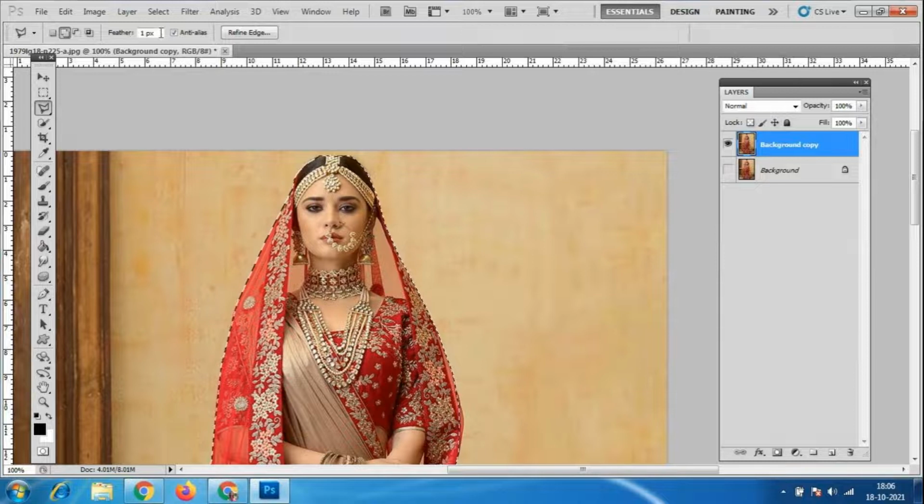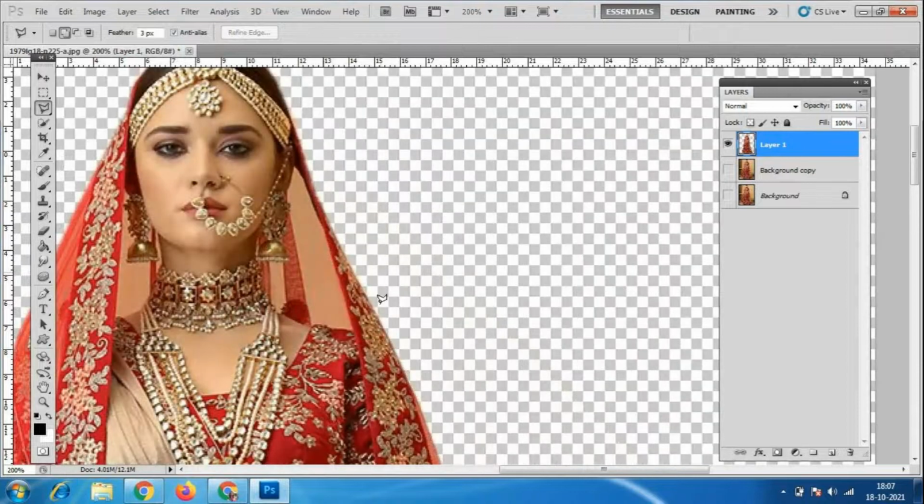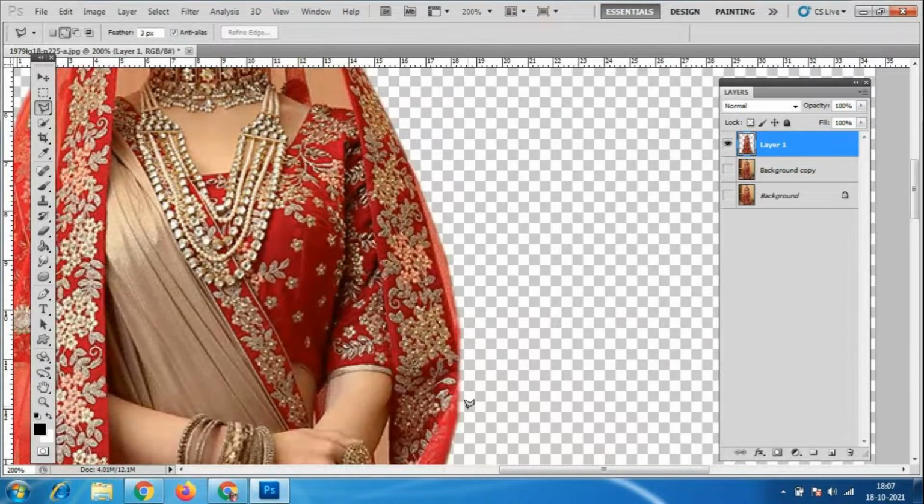I'll give 3. Then I'll move it to a different layer with Control J. That means it has a smooth edge here. Can you see everybody? There are smooth edges over here.